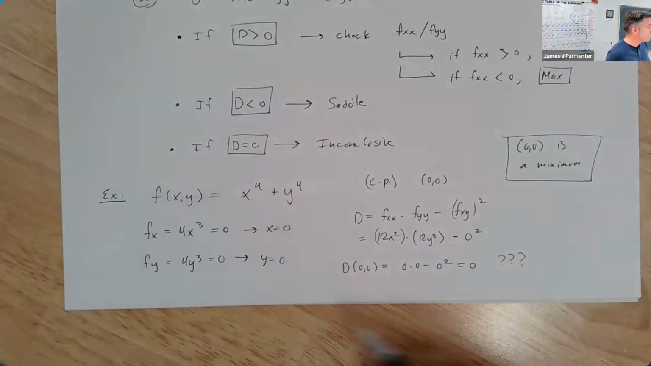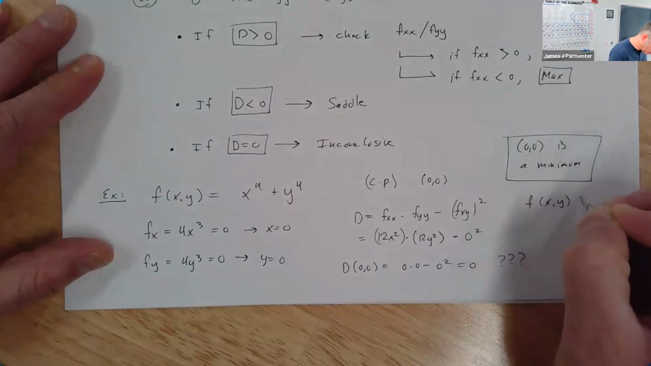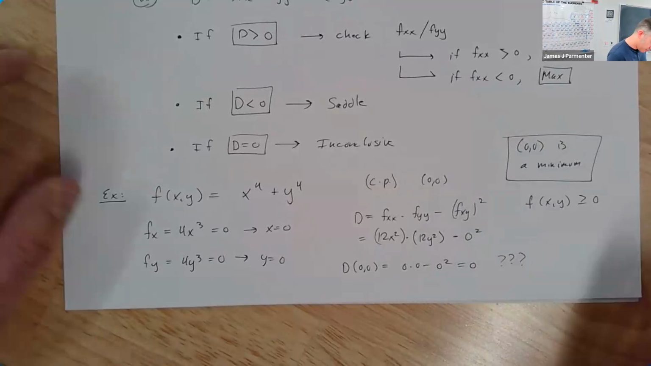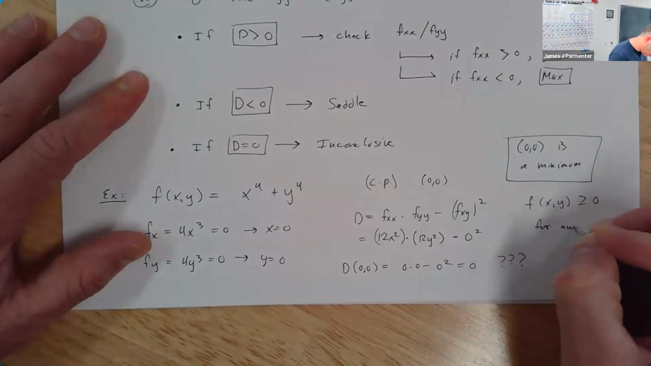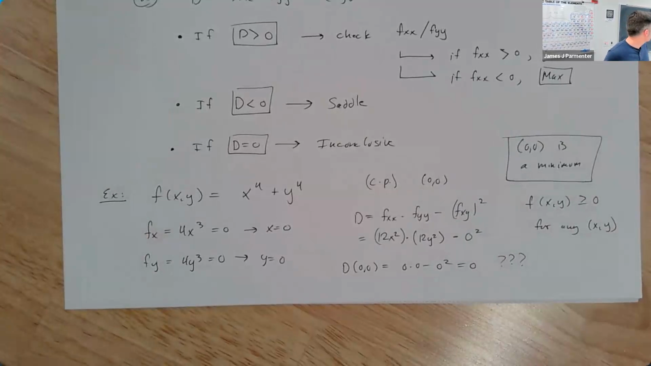Despite this test not telling us that, we know it's a minimum because f(x, y) is always bigger than or equal to 0 for any x and y. For any point (x, y). Yeah. So how do we check that